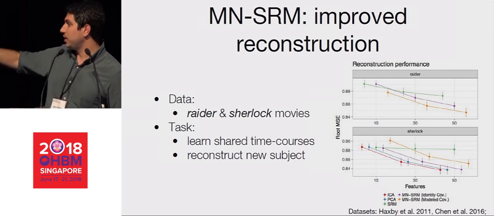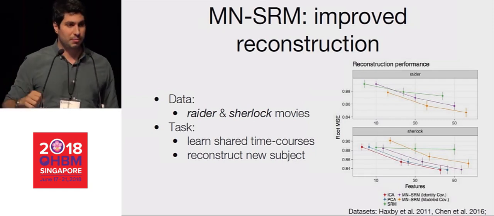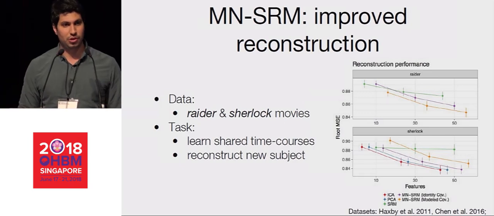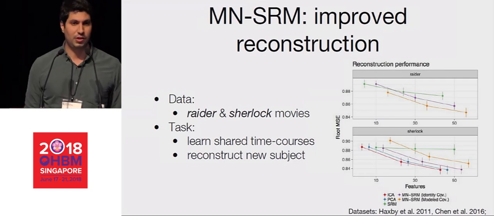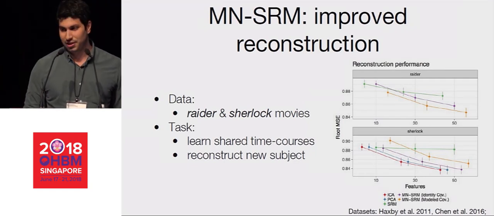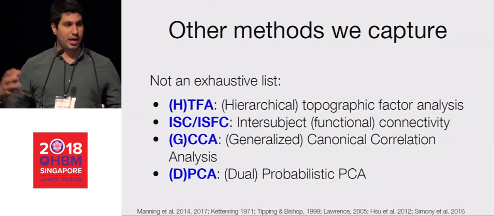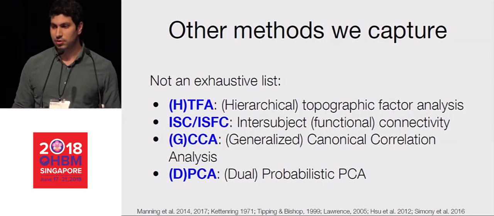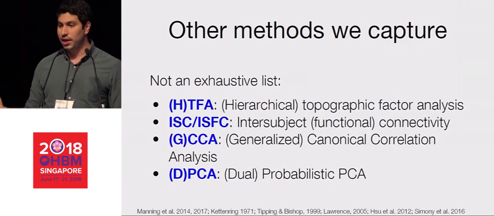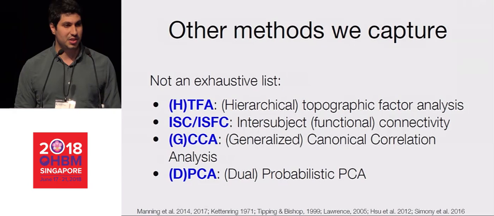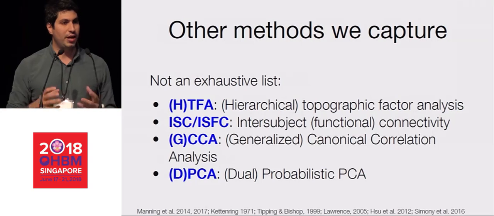And so just at a glance, if you look at the root mean squared error, our root mean squared errors are typically lower than some of the competing methods, including the original SRM methodology. Again, just for the sake of time, I can go into more detail at the poster for anyone who's interested. A couple other methods that fall into this paradigm are topographic factor analysis, intersubject functional connectivity, generalized and regularized canonical correlation analysis, and probabilistic PCA. These are all basically fundamentally Gaussian regression models